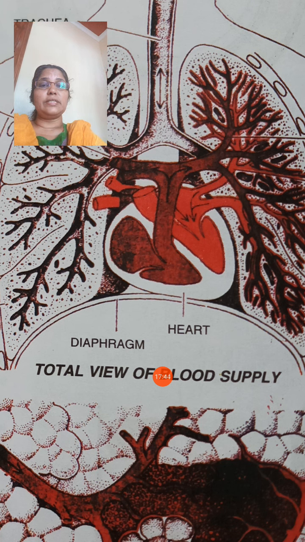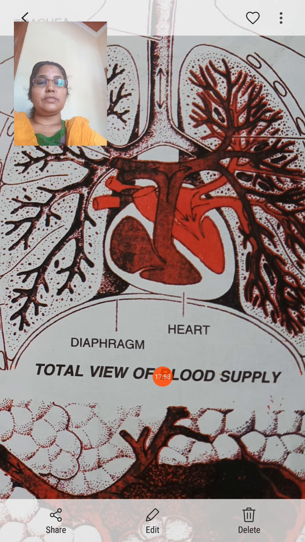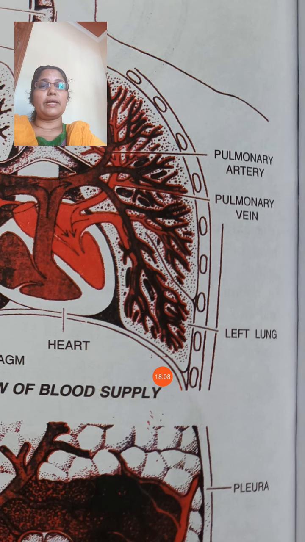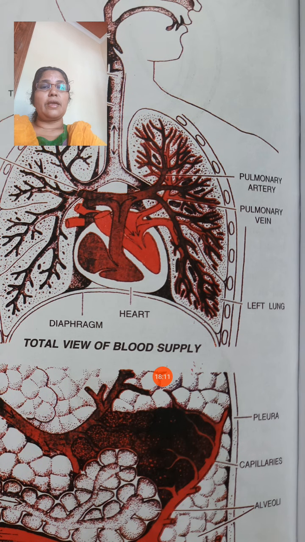That is reaching the right chamber. The upper chamber is known as the auricle, where the blood is coming from all parts of the body that may contain carbon dioxide. That may be pumped to the lower chamber of the heart, the ventricle. From the lower right ventricle it is pumped to the lungs by the pulmonary artery. The pulmonary artery is carrying blood towards the lungs, and when it reaches the lungs, that will divide and become very small capillaries.